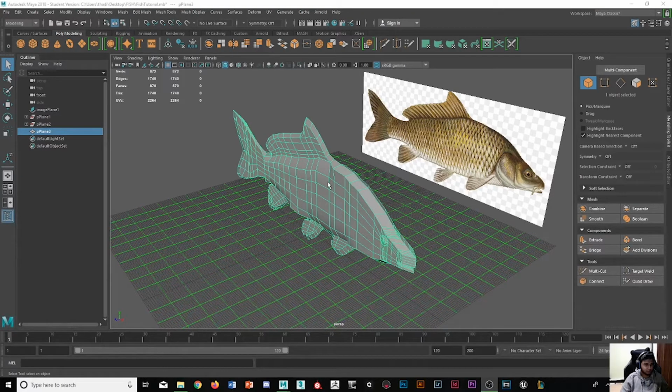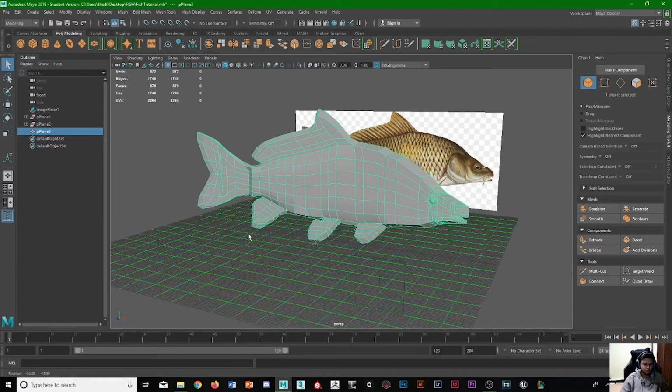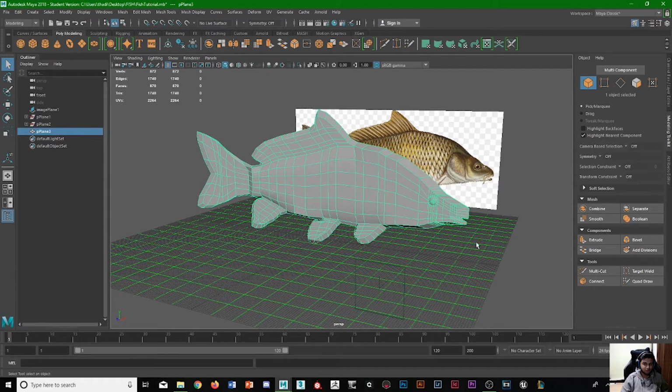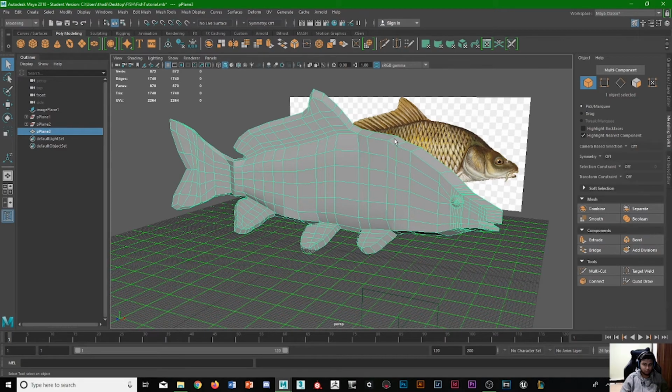Okay guys, so the next step we're going to do is UV unwrap the fish. UVing is taking the 3D object and representing it in a 2D format. So this allows us to texture it. So to start,